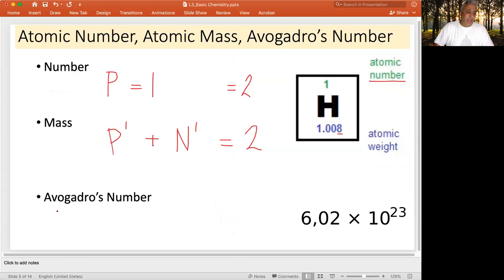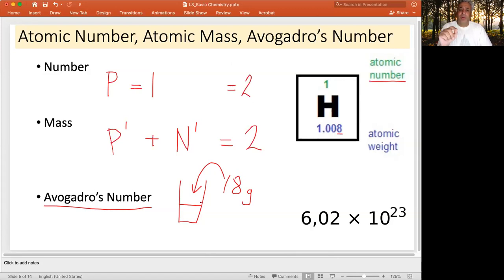Moving forward, Avogadro's number. What is that? Let me explain it. If you have a glass of water and you put into that glass exactly 18 grams of water, you weigh it up on a scale, you put 18 grams of water into that glass, then if you were to count the number of molecules of water, yeah, H2O, if you were to count them all, you would end up with Avogadro's number, which would be this. And this number has 23 zeros on the end,